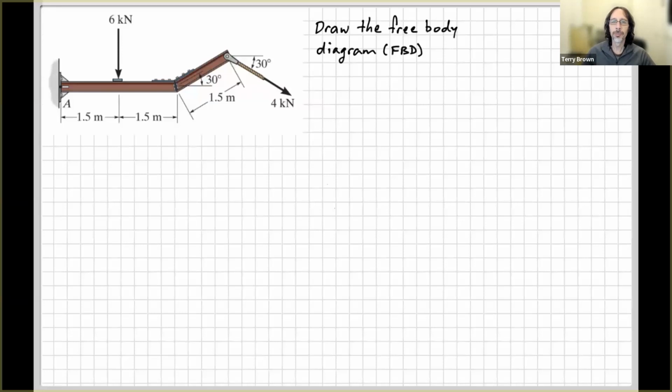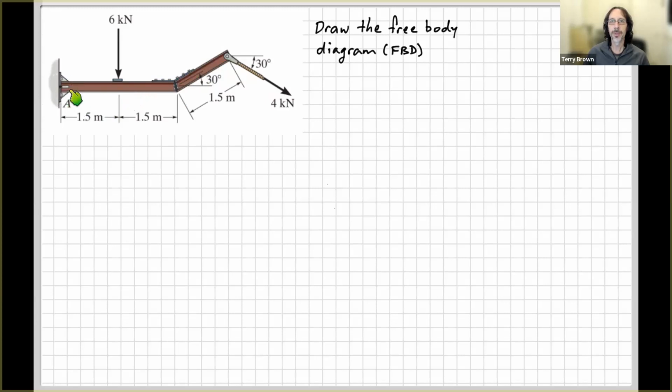Terry Brown, Mechanical Engineering here with another video going through the solution to an engineering mechanics problem. So let's get into it. All right, so this is the problem this time. A beam with two sections connected together here. So we've got this beam structure, some loads acting, and we're wanting to know what the reactions are at